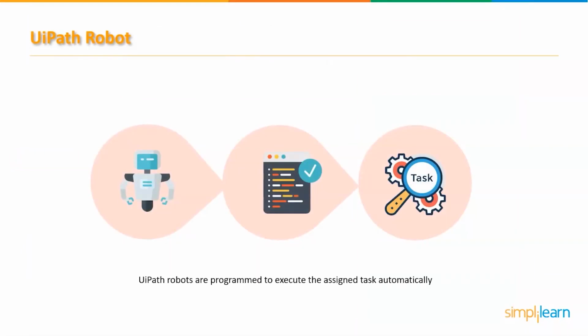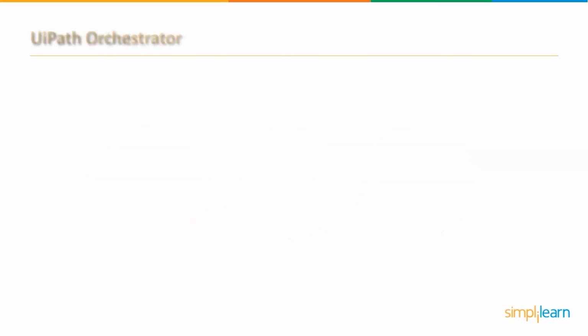The next component is UiPath Robot. After you have built your process, the next move is to put it into action in the UiPath Studio. UiPath robots are used to translate the process into tasks, which are then executed. These robots are used to assign various tasks and carry them out in the same manner as humans but without human interference. When a given operation occurs on the computer, UiPath robots are programmed to begin executing tasks automatically.